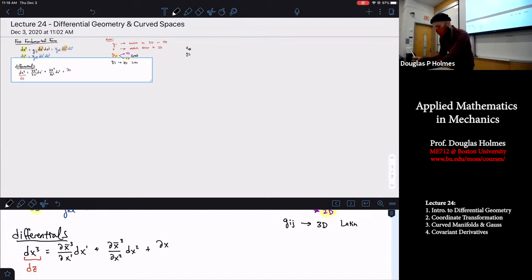And if we're in 3D, we'll have how this differential changes with respect to the new 3D coordinate. We could go further if we want. We could say this would all hold true for